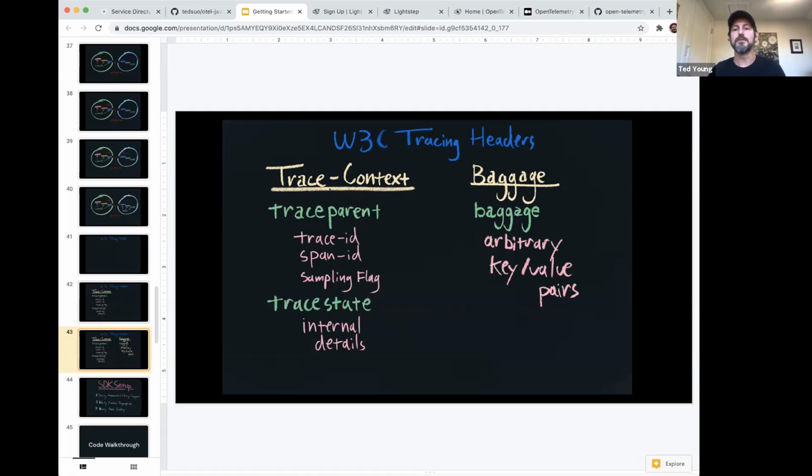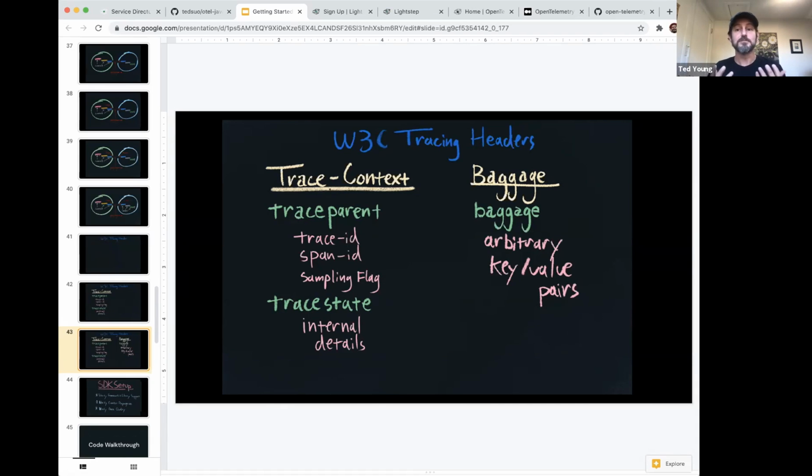For example, you may want to propagate something like a project ID. Maybe you have an identifier that's available in one service early on, but it would be expensive to go try to grab that identifier from every service down the line. And so rather than doing that, you could simply add that project ID as baggage, and then it would propagate to all of your downstream services, and you could have access to it as an index.